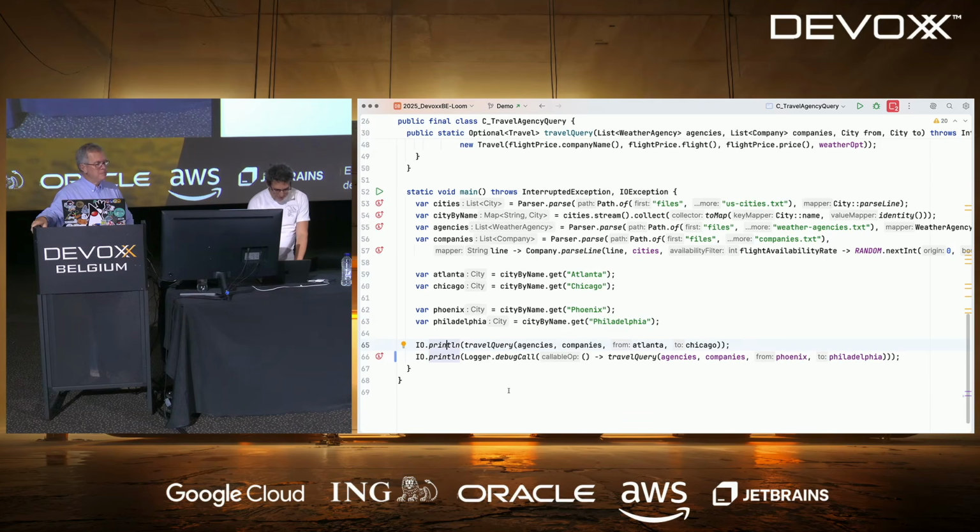You can do better. You can do things like this, which is, for this query, I don't want the debug, but for this query, I want the debug. How to do this?